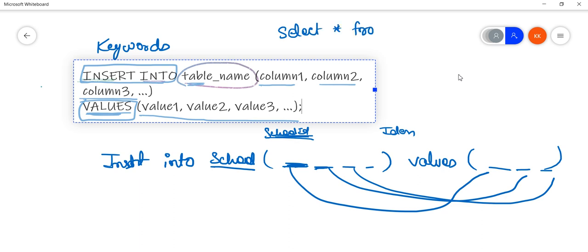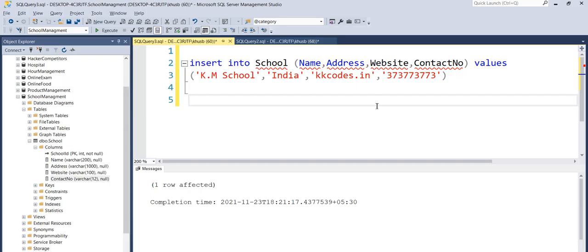Select star from the table name. Star is basically all columns. When you don't want to specify columns one by one, you can just simply write star here. It is going to fetch all the columns of that particular table. So I will do the same. I will write select star from school.